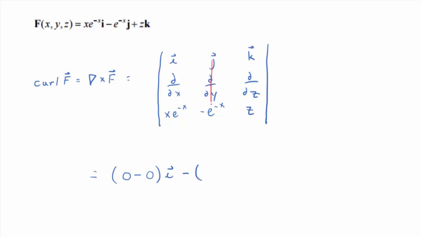Let's cross out the middle column, and then cross it, but it's not multiplication, it's taking derivatives. d dx of z, 0 again. d dz of x e to the negative x, 0. So minus 0, so the j component's 0, plus,